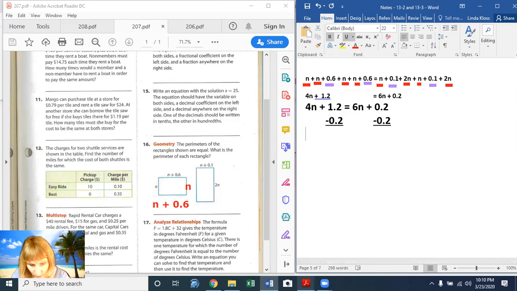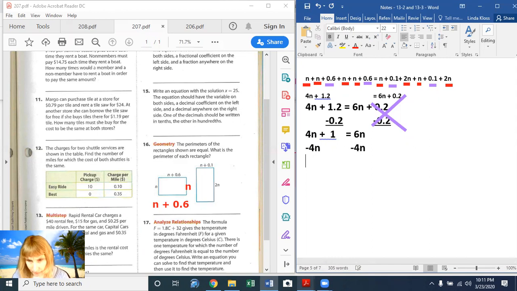Okay. And that leaves us with a 4n plus, we have to go 2 minus 2 is 0. 1 minus 0 is 1. 1.0 positive, or just 1. So we're just going to put 1 there. And we might need to put the 0. We'll see. No, we don't. So 1. And that equals 6n, because these will cross off. Okay. So now I have to leave the 1 here and